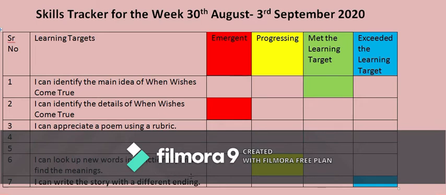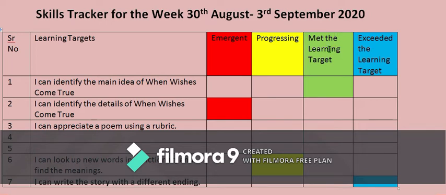Now comes the level of your skill. How good are you? It is just like driving. I'm a beginner at driving. I'm a skilled driver. I'm a highly skilled driver. The same way, what is the level of your skill? If you're emergent, that means a beginner. Progressing, that means you need several practices and you are developing on those skills. Most of you can mark yourself as progressing, because on the first go you do not master the skill.